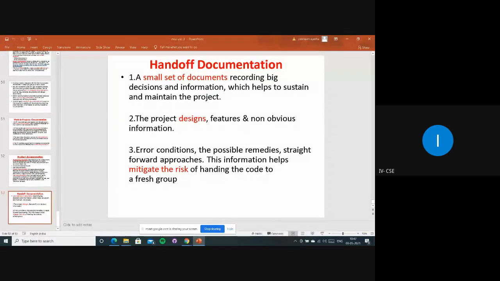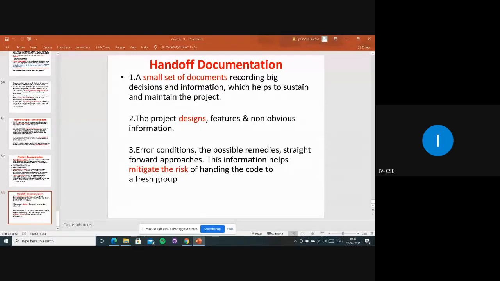They maintain the problems they faced previously, the remedies and solutions for them, and the straightforward approaches they took to develop that project. This information can avoid risk while you are coding and developing your project, and also when you are migrating your projects from one platform to another.